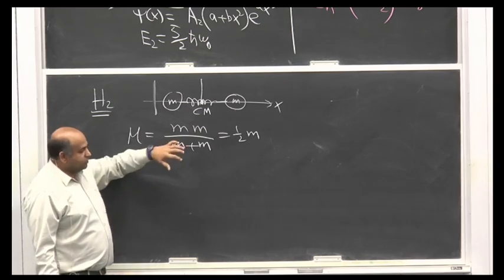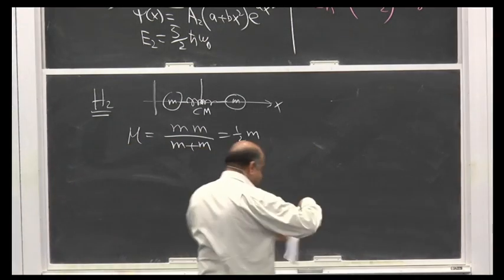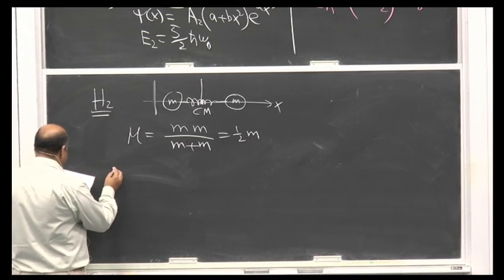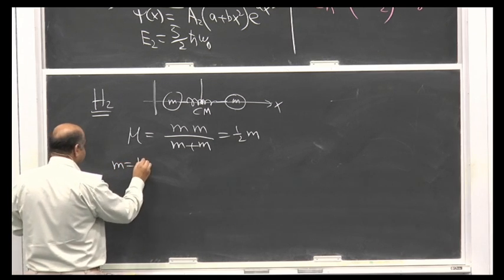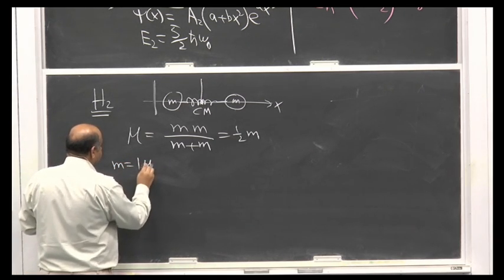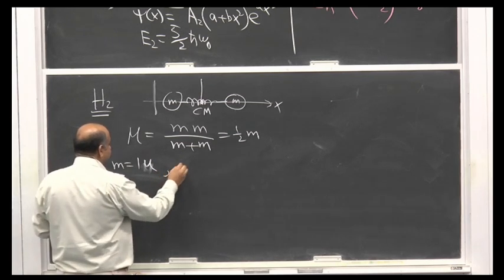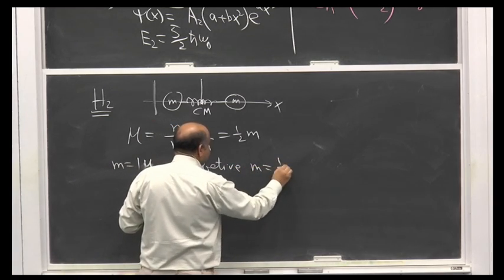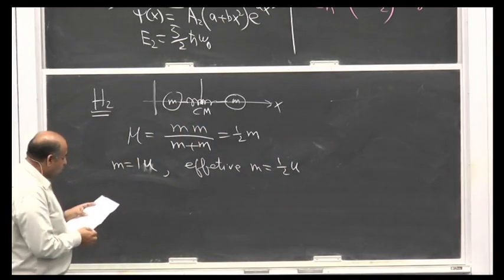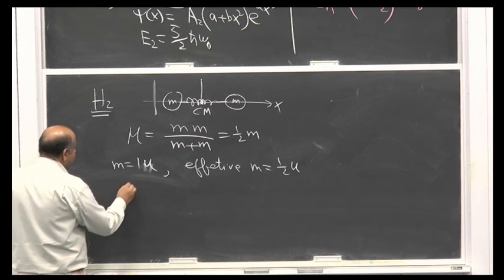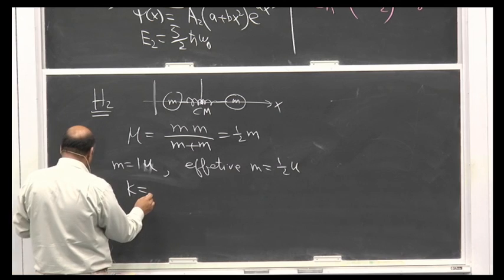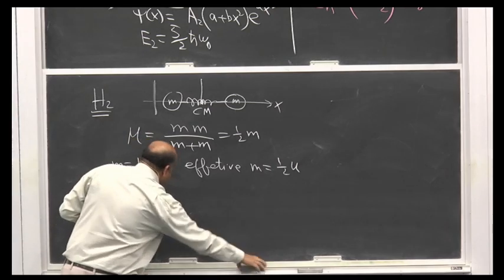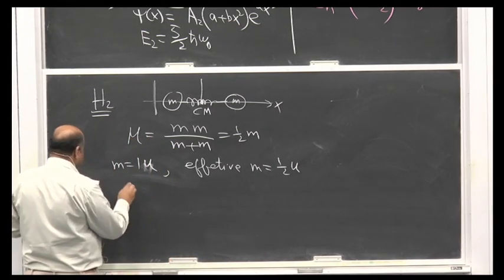So let's do that, and the example is like this, that for the hydrogen atom, we are given that its mass is 1 unit, that it's equal to 1 hydrogen, 1 proton. So इसका मतलब है कि जो effective mass है, this is half that of a proton, और इसका जो spring constant है, it's given as 573 Newton meter, which can be used. So K is